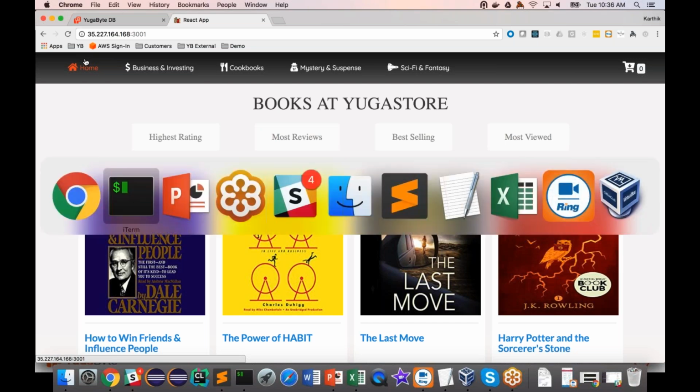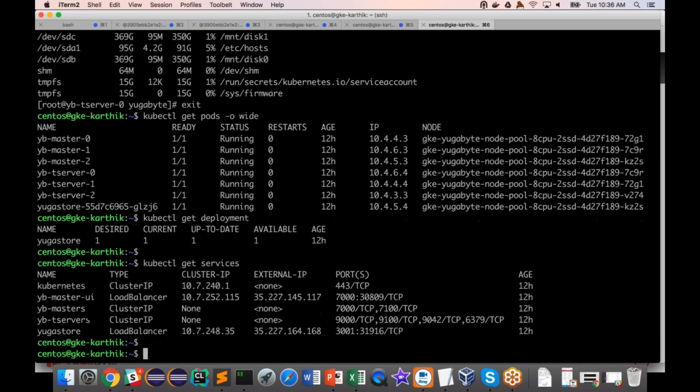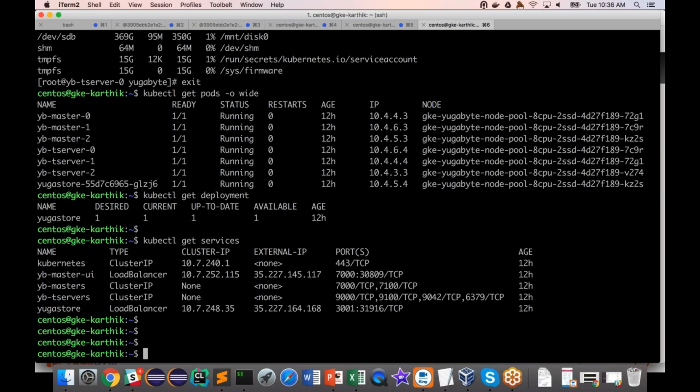Now, Yugabyte has a multi-model API. So it actually supports both a Redis API as a persistent scalable database and a Cassandra API as a persistent scalable database. It extends Redis to have the storage and the scalability, the built-in sharding, all of that. And it extends Cassandra to give it a document model with the JSON data type, with distributed transactions, secondary indexes, all with consistency. So let's actually try to connect to the database